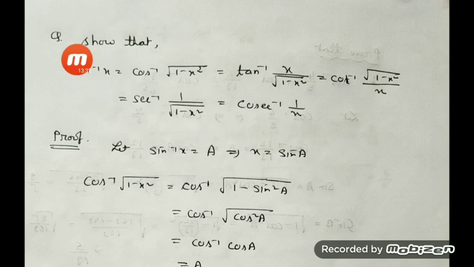So you see, that means how to convert sin inverse in terms of cos inverse, tan inverse, cot inverse, sec inverse, and cosec inverse. This is the procedure. So first you see the simplest of all, that is sin inverse. You name it as A and convert it. That gives you x equal to sin A. So you see, here I am just using this portion and we'll go to substitute.